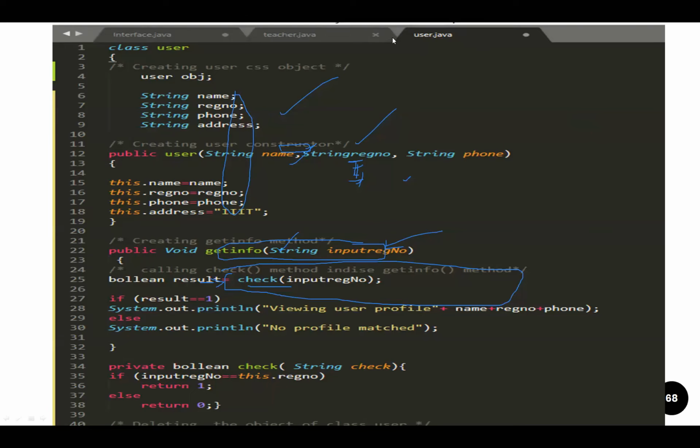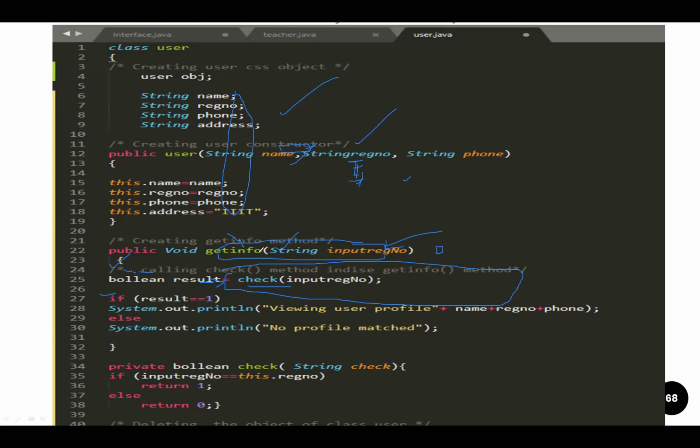This is the get info method. Can you see this get info method here? When it comes here, it is going to execute some lines. Assume that it is going to execute some lines inside these curly braces. It means that it is going to take some time, and after that it is going to execute a method, the check method. Whenever this check method is executed, it comes back here and then executes some more lines.